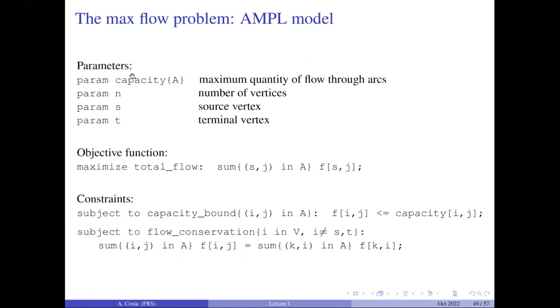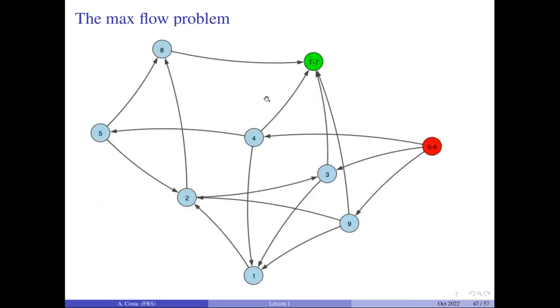Then we have the parameters. Number one is the capacity, because you can imagine that through each arc, we can only send up to a certain amount of quantity. For example, if we are sending water, each arc can only, let's say, if 4 to T, we can send no more than 4 units of water, or it can be electricity, but we need to have some capacity. Because if we don't have capacity, we can send basically any amount.